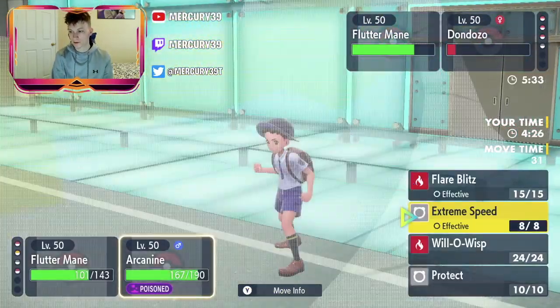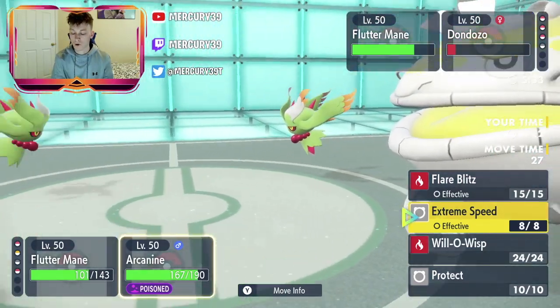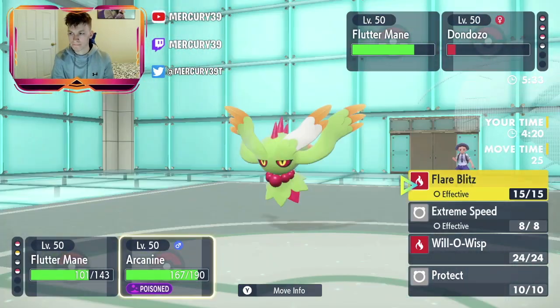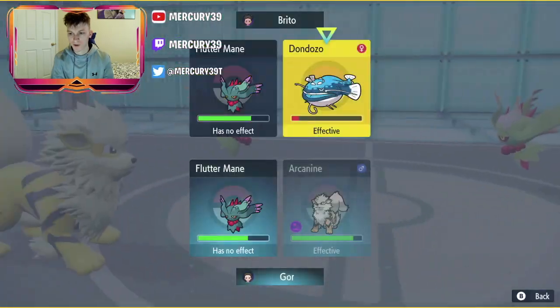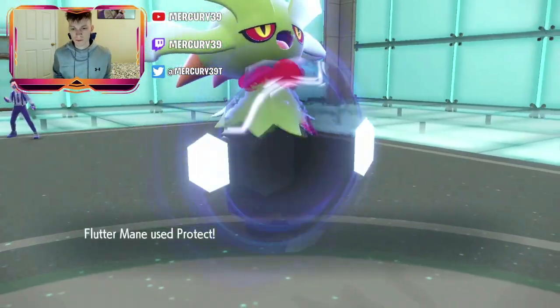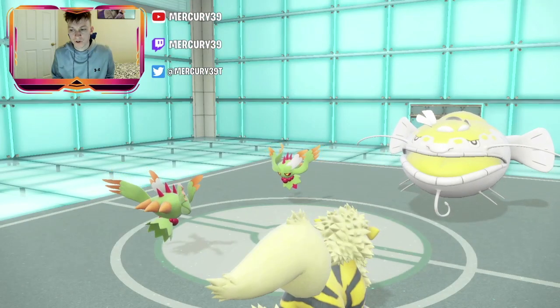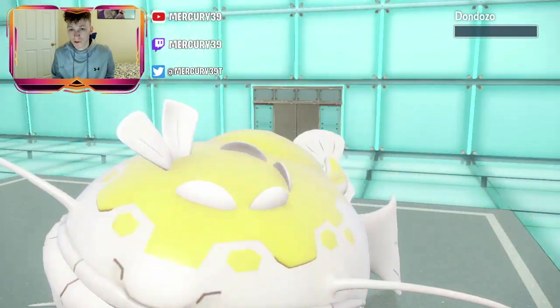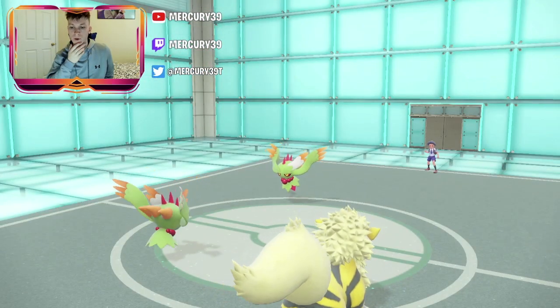makes sense, plus... What would be stronger, Extreme Speed or Flare Blitz? I'm thinking Extreme Speed KOs from this range anyway, it should. And yeah, he's probably going to be wanting to attack into my Flutter Mane. Unless he makes a read. So E-Speed going to come out, take out Dondozo. Ceruledge's in the back. And now he has to pick between taking out my Flutter Mane or my Arcanine, and